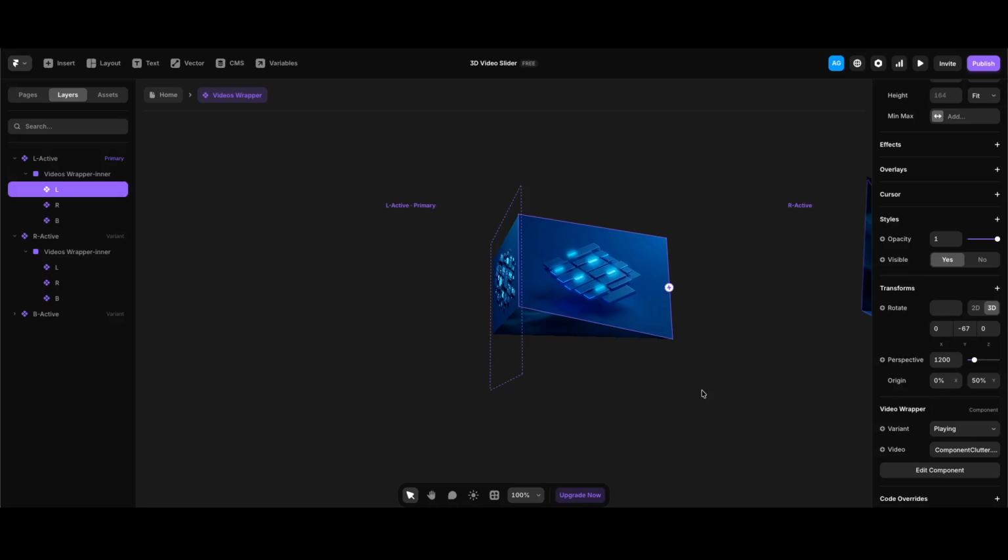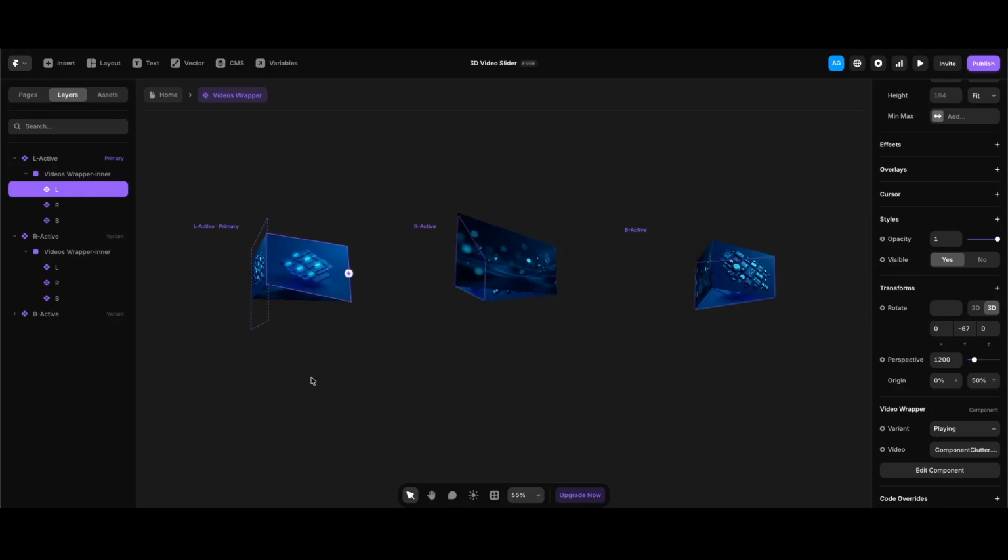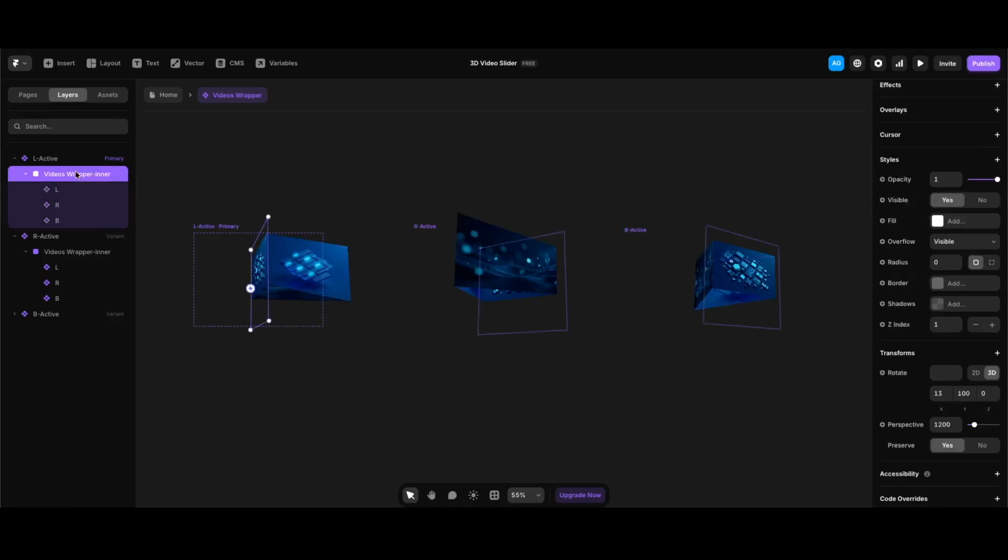And as I said, since each video wrapper instance has paused and plain variants, we switch to its plain variant depending on the visible side, as you see: left, right and back. We make each side visible in its variant by rotating the videos wrapper inner around the y-axis. To make the animation more interesting, I added 360 rotation values. As you see in the second variant, we rotated 690 degrees, adding 360 to the required 330, adding one more